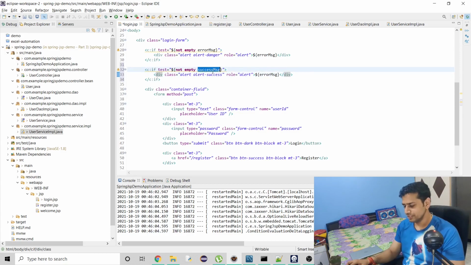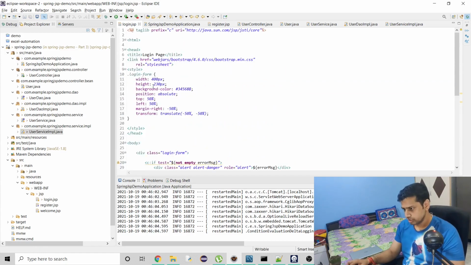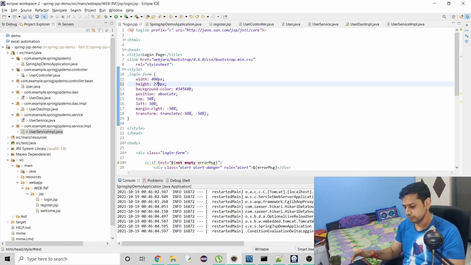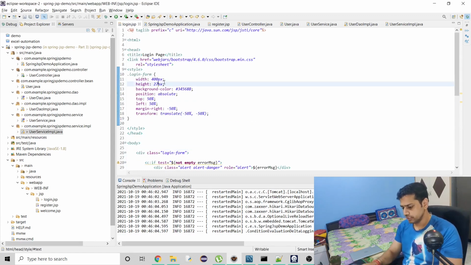And here we will print success. Again we have to modify the height a bit, because we are going to use something more also. So I will use 270 here. Will 270 suffice? Let's do 275, just to be on the safe side. So now the complete code is done.